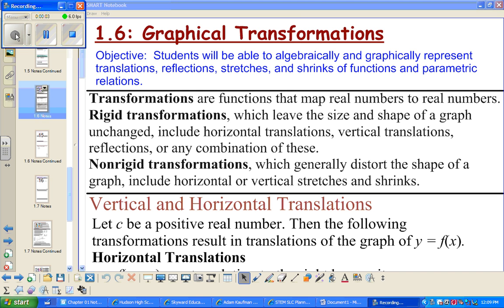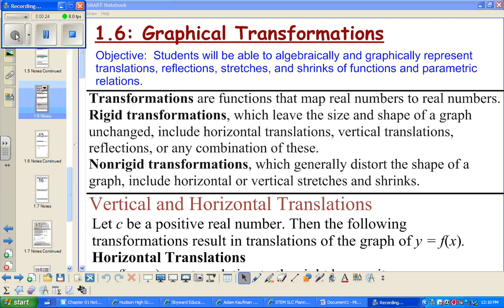This video is to help you understand Section 1.6 graphical transformations. First of all, transformations are functions that map real numbers to real numbers. So if a function is transformed, basically every point from the original function can be mapped onto a point in